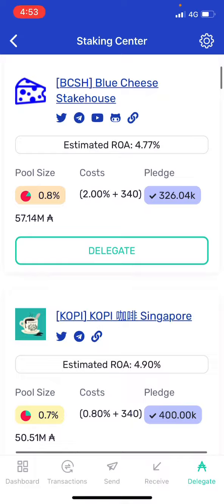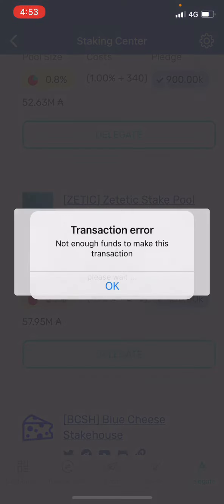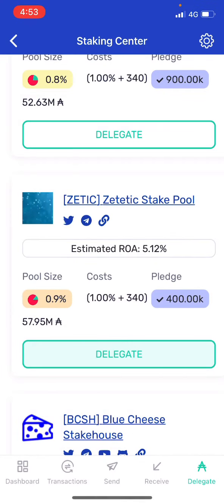So I will click this Celtic stake pool itself, and for me it says not enough funds to make this transaction, but for you, if you click delegate, a pop-up will come, guys, and in that pop-up it will ask you how much you want to stake. If you are staking fully, please give max, and it will ask some fees like 0.2 ADA or something, guys, but that ADA will be returned to you again. So no problem in that. After that, put max as your ADA, and click delegate again. In that pop-up there will be a delegate button, guys. So click the delegate button, and